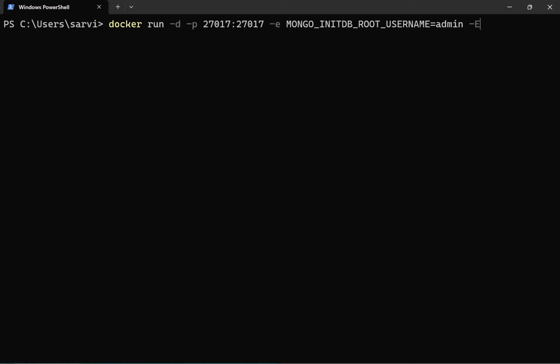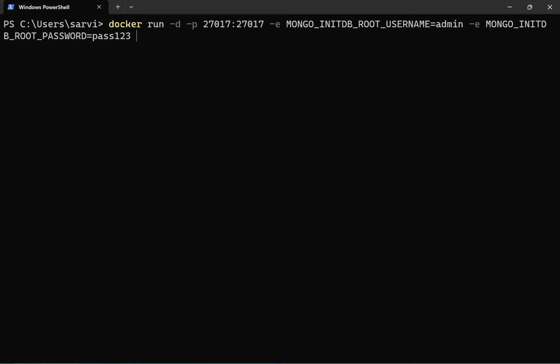Then we define the second environment variable with another -e. This one is MONGO_INITDB_ROOT_PASSWORD, and I'll set it to something like pass123, and these credentials will be used later to connect